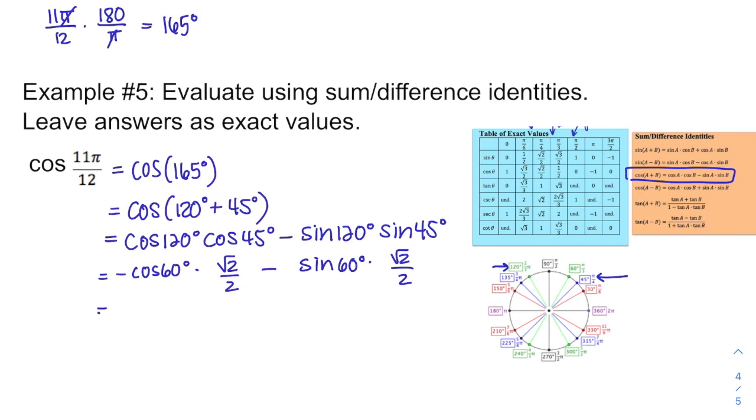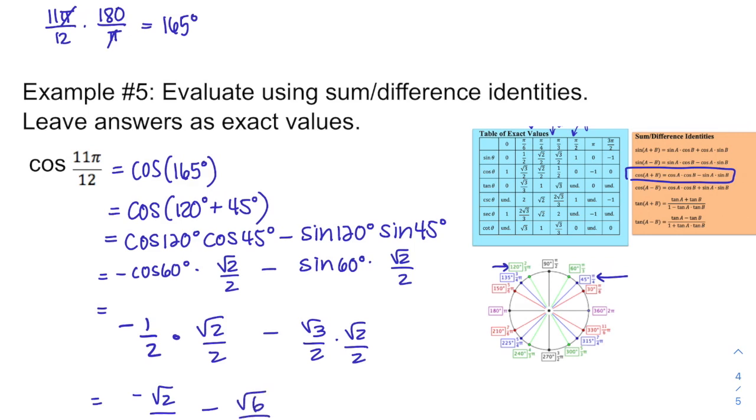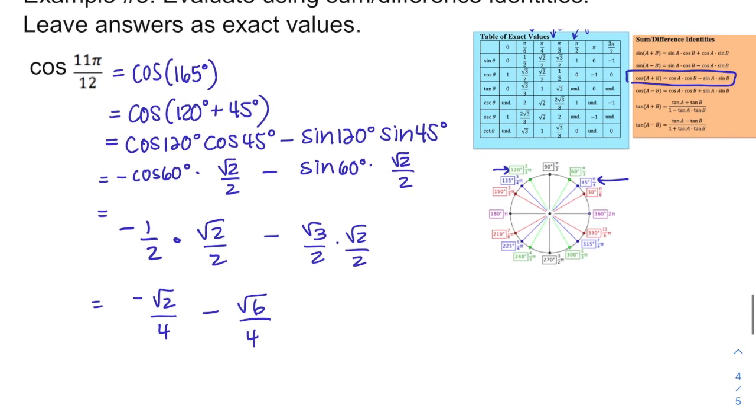60. So now I can go to my chart. 60 is pi over 3, so sine of 60 is radical 3 over 2, so this should be a minus radical 3 over 2 times radical 2 over 2. Cosine of 60 is negative 1/2 here. Let's move that down so it's a little bit more in line with the other stuff. And then we know this is a radical 2 over 2. And then I just evaluate. This is negative radical 2 over 4. This is minus radical 6 over 4, which means cosine of 11 pi over 12 is negative radical 2 minus